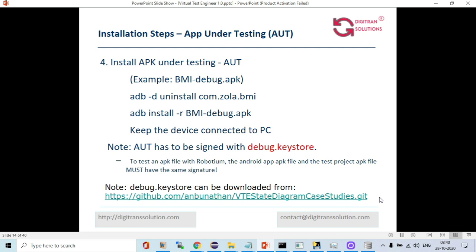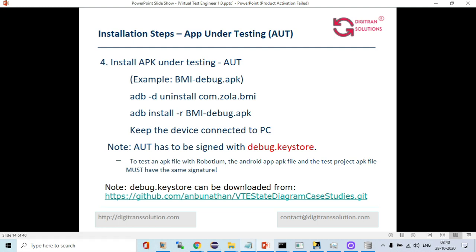Now the APK under test you have to install using the ADB command, adb -d. Uninstall the previous package and then install vmi-debug.apk freshly. You have to keep the device connected to the PC. Also the application under test has to be signed with the debug.keystore.